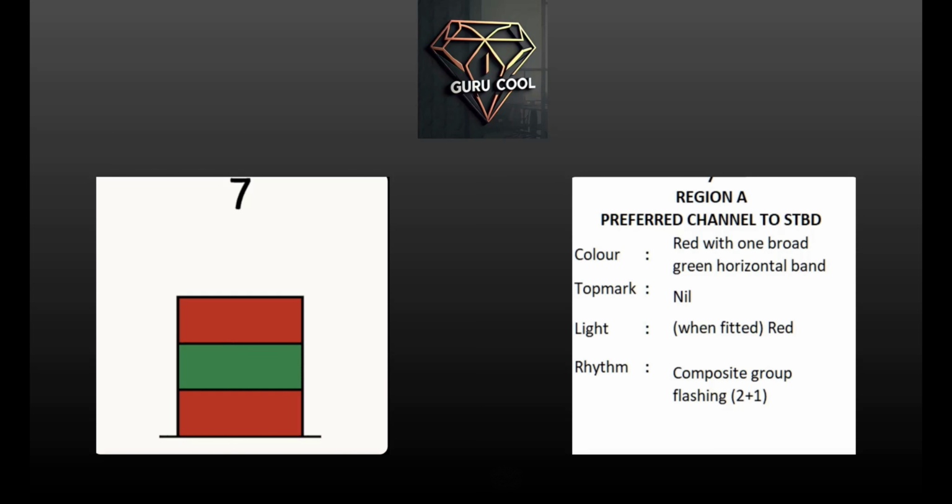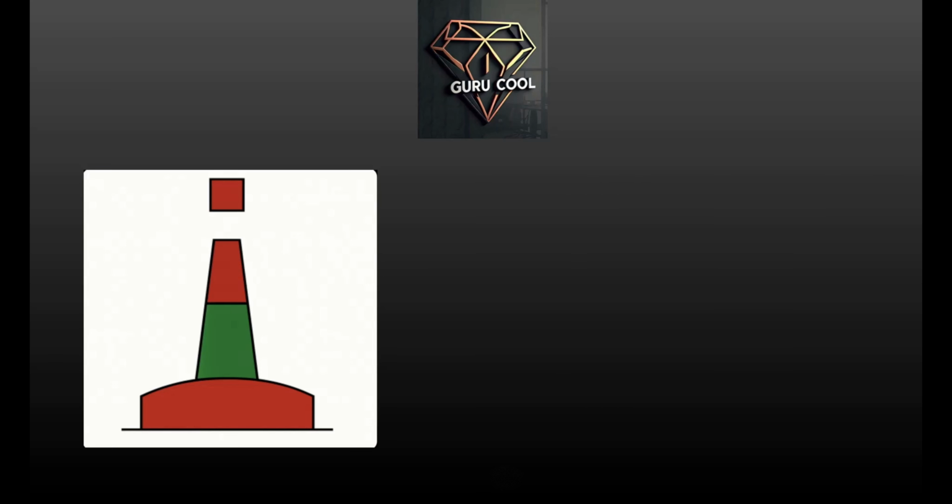So at night, to make a difference in the preferred channel mark and the lateral port hand mark or starboard hand mark, the flashing is different. They can have any flashing other than composite group flashing 2+1. So next one is a red pillar with a single green broad horizontal band, and the top mark is a